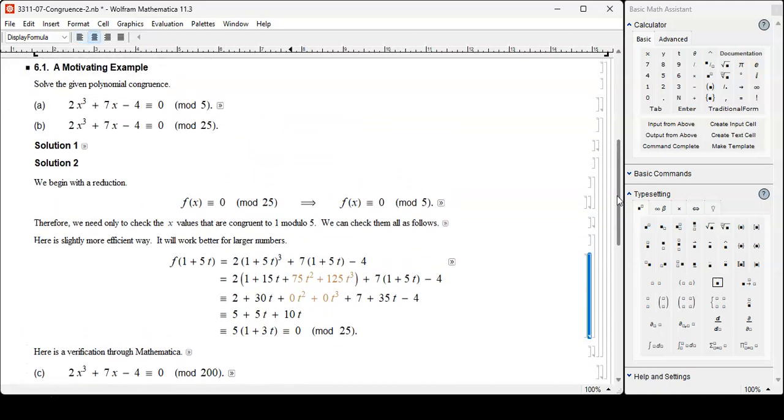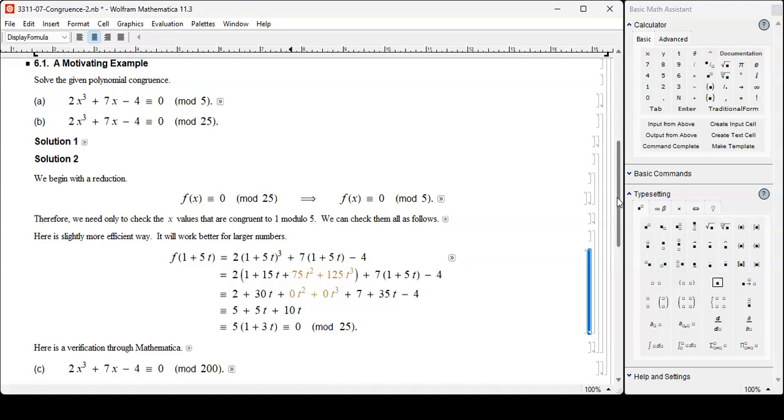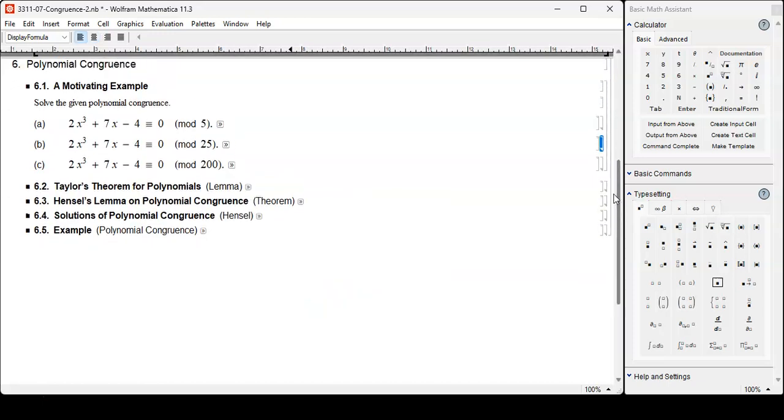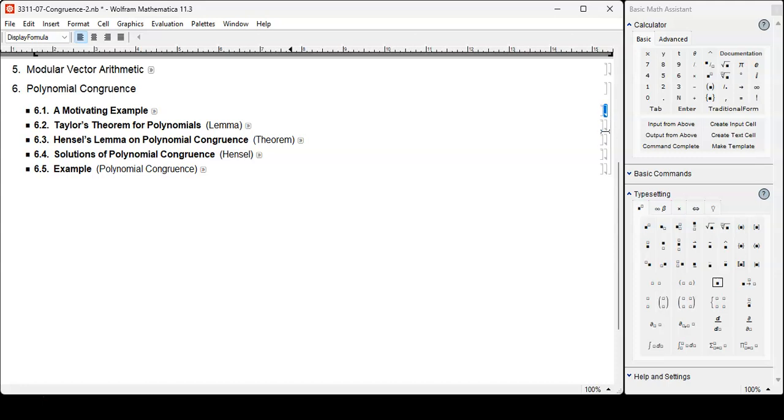And this reduction technique can apply not just 5 squared down to 5, or p squared down to p, but as a matter of fact, any p to the k power down to p to the k minus 1 power, and then down to p to the k minus 2 power, all the way down recursively to just mod p. So the same technique applied over and over again, recursively. But then again, establishing all that is not that easy. We need some lemmas, Taylor's theorem, and then Hensel's lemma, that's even more significant. But in the end, what we want is